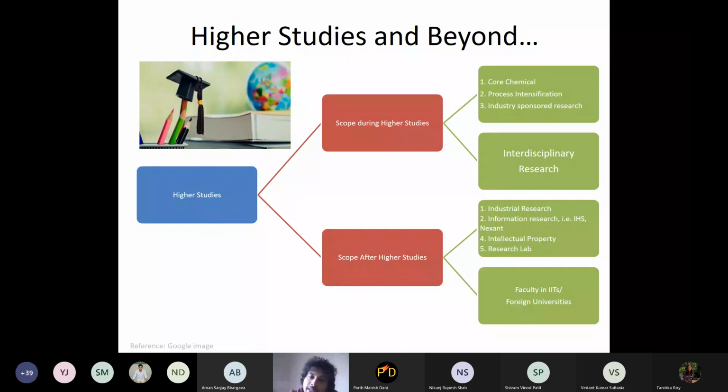If I give an example, in Scandinavian countries, if you look at Denmark Technological University, DTU, or NTNU, here you have PhDs of 3 to 3.5 years, and they are pretty strict about the criteria, what kind of people they want to work. So they'll give you industry sponsored projects. It's fully sponsored by industry. They have a live plant running, and under DTU there is a problem solving mechanism where you apply. There you do a PhD for 3 or 3.5 years, and you solve a real time problem. So those are the industry sponsored research.